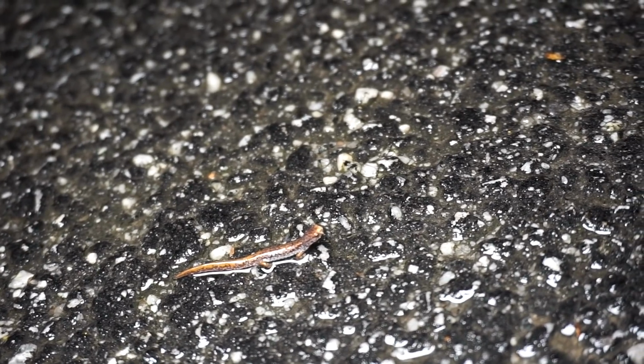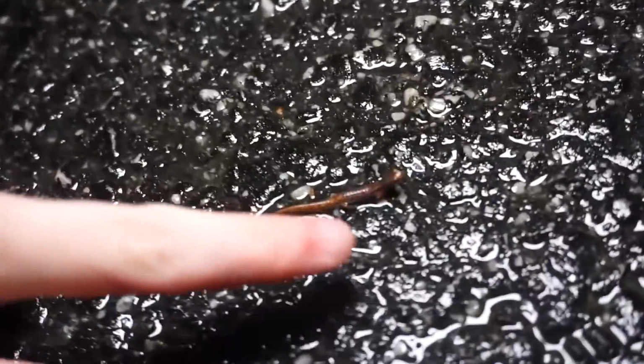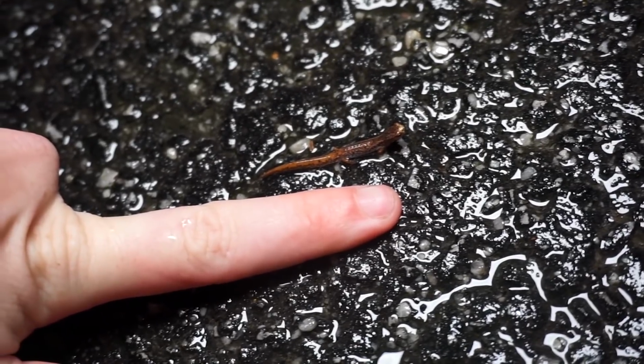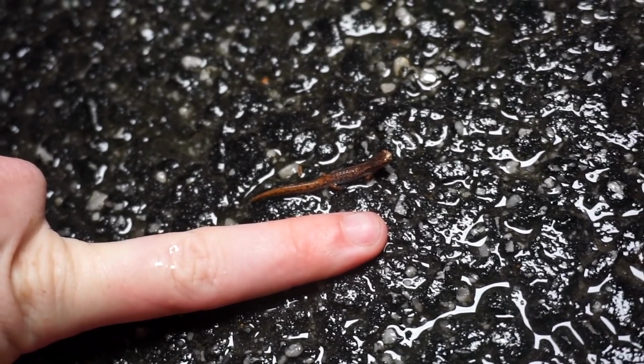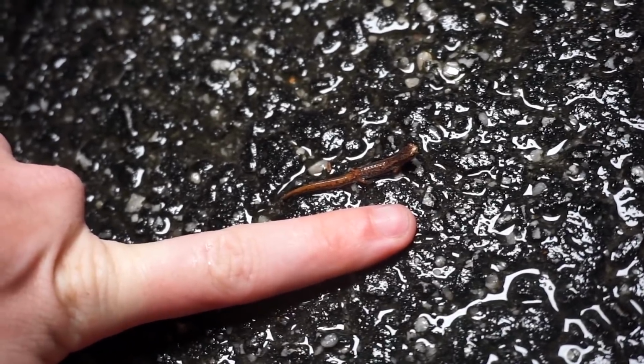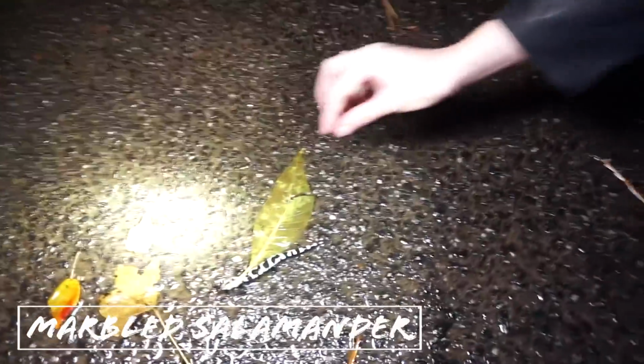Maybe we'll find an adult. I'm going to put my finger down next to him so you guys can see just how big he is. Want me to do it? Yeah. So that's about a yearling. And the adults are maybe about 2 times that big. Maybe 1.5 times, but...